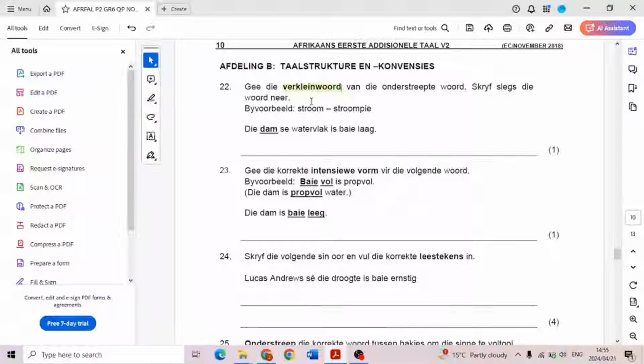So the best way to study verkleinwoord is to study it summary style. So I've also compiled the fastest way to study verkleinwoord, and it's I think video 2 or video 3 on my channel. So I would really recommend that you check that out. So if we're looking at this word, for example, you also learn from the summary that I posted that when a word ends with the letter M, it triggers either rule 2 or rule 4.